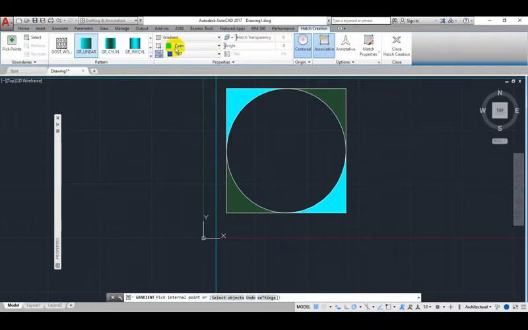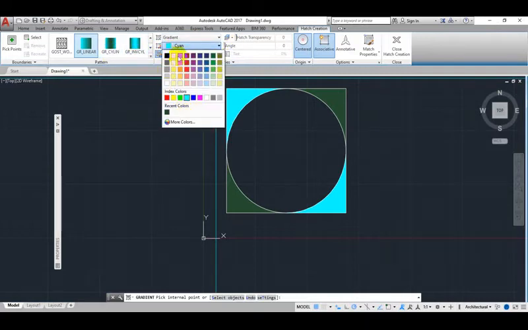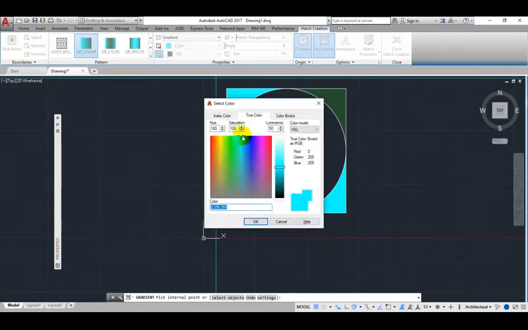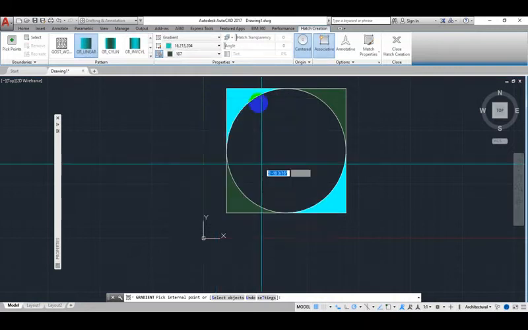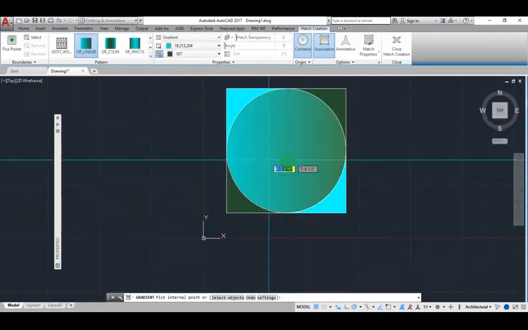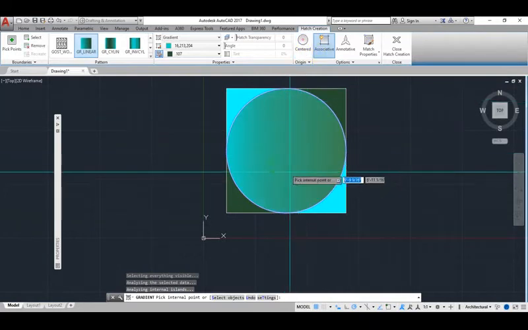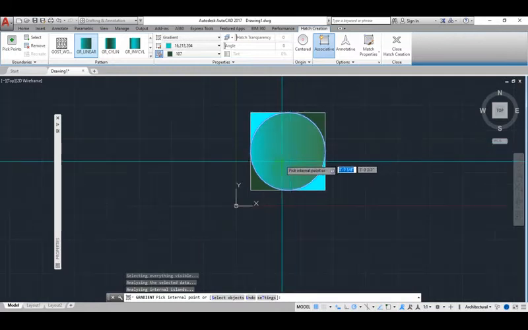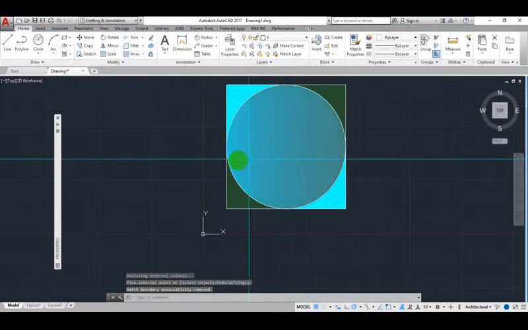So if I want to do some editing on the color, I come here to more color, come here to choose color, take this cross, bring it down small, make this one dark small, OK. So I'll come here, as you can see, this is it. So I'll click here, take this one here. So press the spacebar key to make it active.